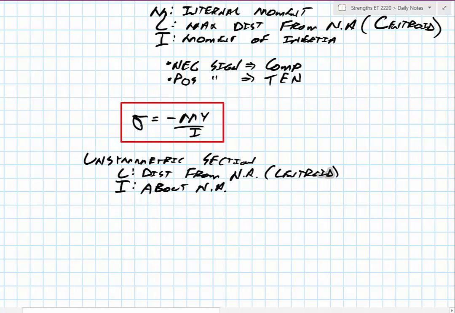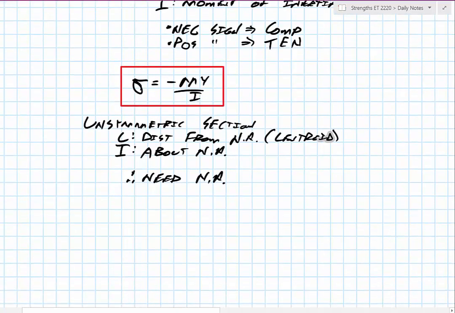So if that's true, then my neutral axis is very important, and probably the first step you're going to do with these problems if it's a non-symmetric section. So I can find the neutral axis as a review. We said our height, our y for the neutral axis, is equal to the sum of our area times y bar over the sum of our areas. So don't forget that basic equation to find your neutral axis. That should be review. Alright, so with that in mind, I'm going to stop this video here and have a